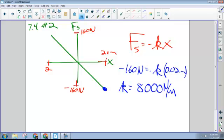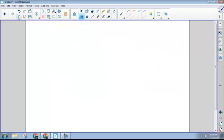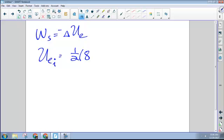Right. Okay? So, to find the work done, it says how much work does the spring do on the block? So we're trying to find the work done by the spring, right? The work done by the spring is just the change in elastic potential energy with a negative sign stuck in front, right? So all you got to do is find the elastic potential energy at 8 centimeters. So my initial elastic potential energy is going to be 1/2 k